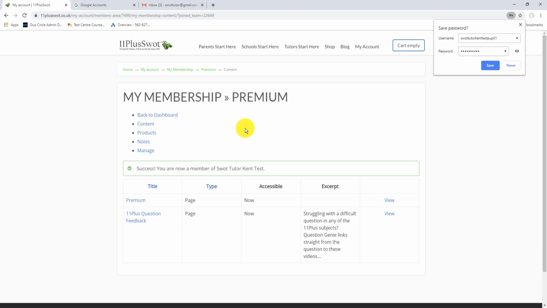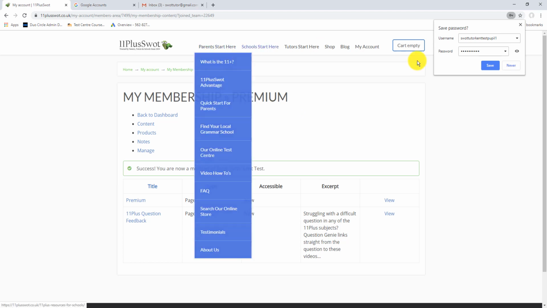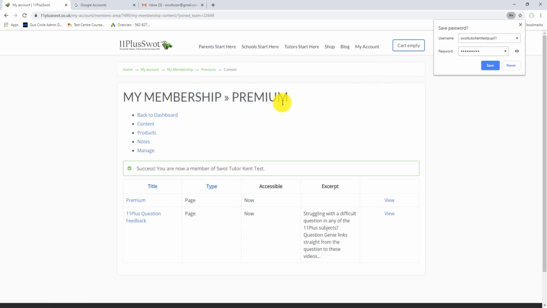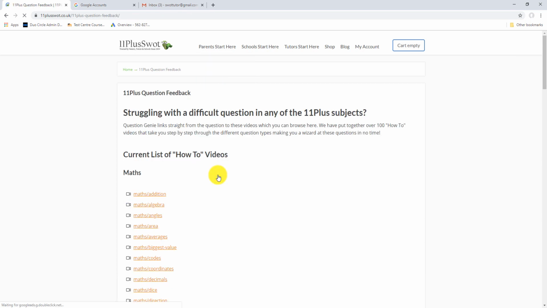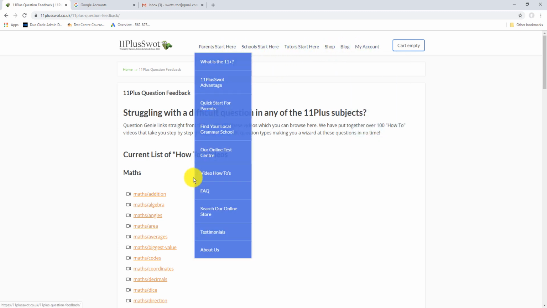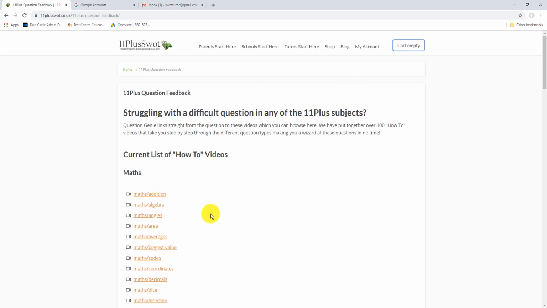Okay, so as a pupil this would be your account. You don't really want pupils having to worry about what's in the membership. They'd just be really interested in going to the videos. That's the only reason they would probably come to this site. Obviously they're going to be using the SWOT test center, but they would have probably no need to use the rest of the site apart from the videos. Okay, so I'm going to log out,